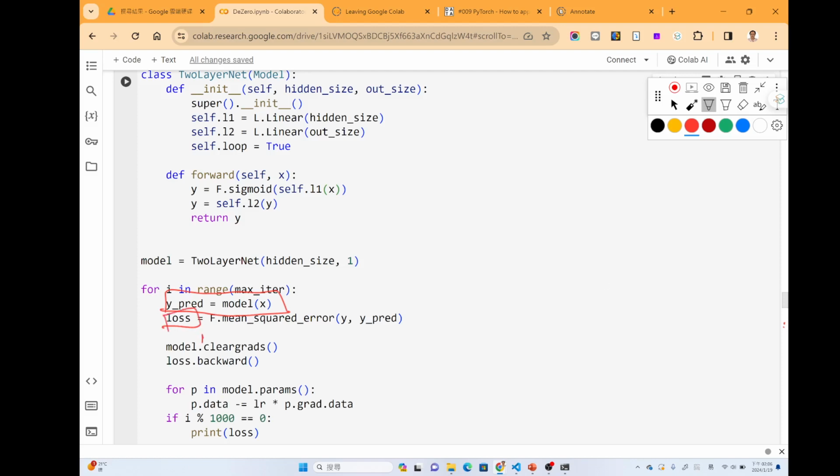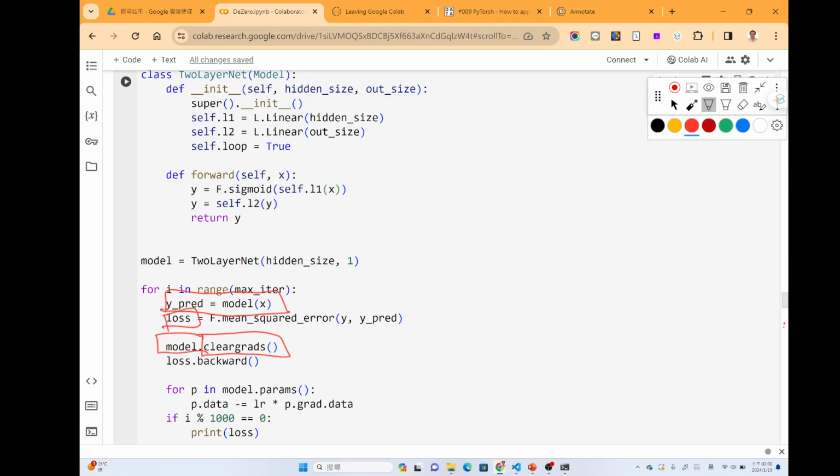Then instead of calling the parameter of every function, we just call the clear grads of the model. The model is a layer, and the layer will collect all the parameters created inside it. So this is equivalent to calling clear grads for all parameters inside a model.